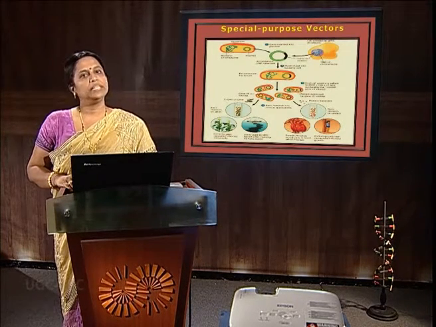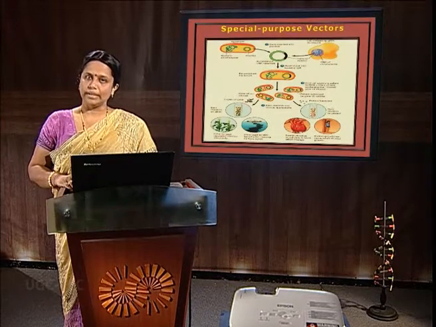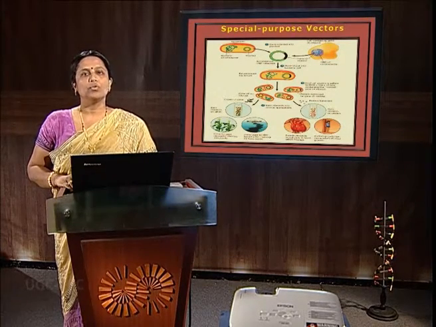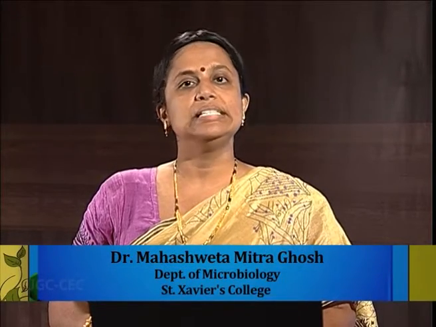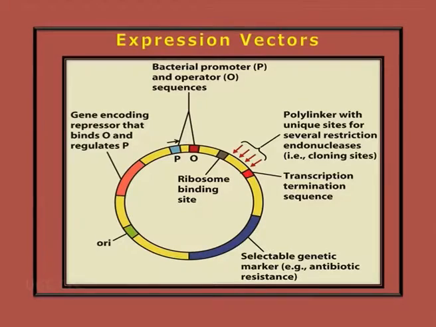The things that we will be discussing are the specialized vectors that are used for overexpression of a protein inside different hosts. We will also be focusing on cloning vectors which are used to clone genes in hosts other than E. coli, namely gram-positive bacteria. We will also discuss cloning of genes inside yeast cells and insect cell lines. So let's start with an expression vector.